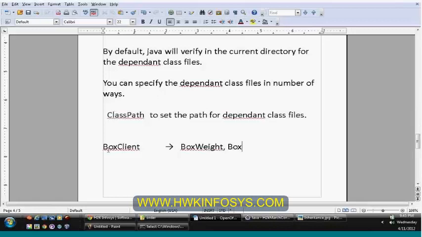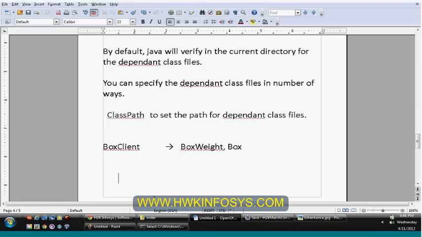So that means to execute or compile box client, we need these two classes to be available in the class path. If it was not available in the class path, then your javac compiler is going to throw a compilation error specifying that it can't locate the class file.